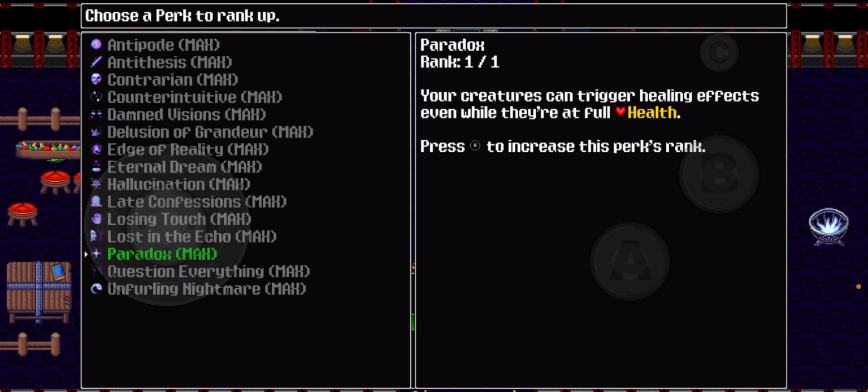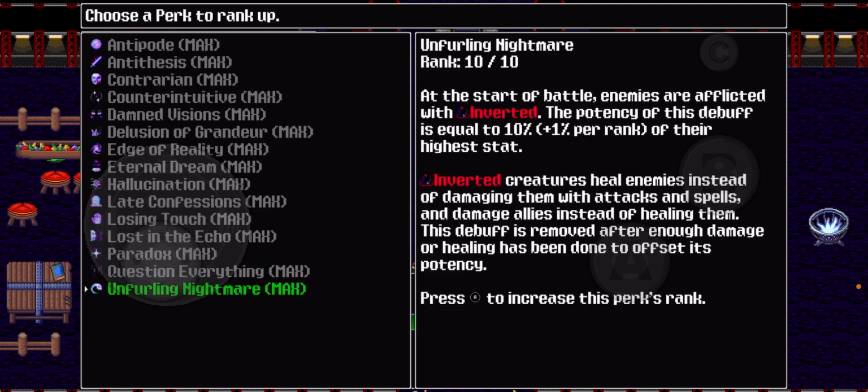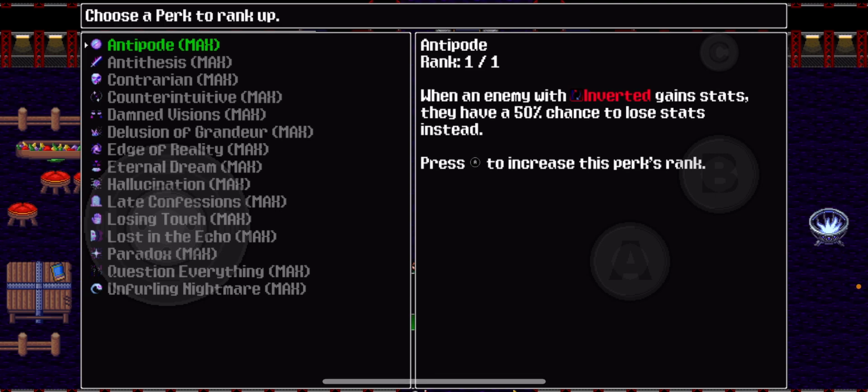That's pretty much it, except for question everything, which does heal your creatures when they do deal damage to each other. It can be attacks or spells or minions, but they do get healed instead. So just a very creative, very unique debuff. I have had it trigger a couple of times when I killed one enemy, and that was enough to kill 2 other enemies. So nice little chain reaction again,